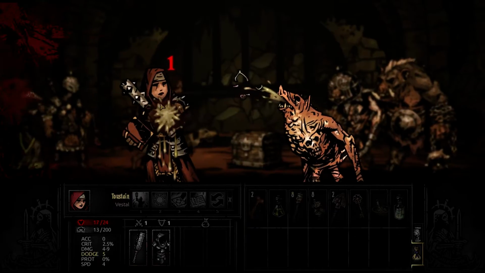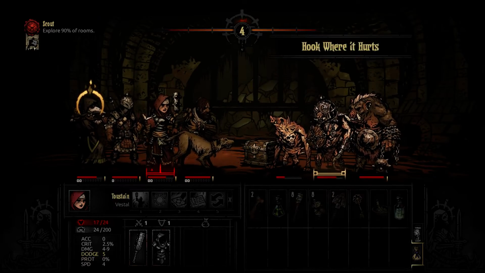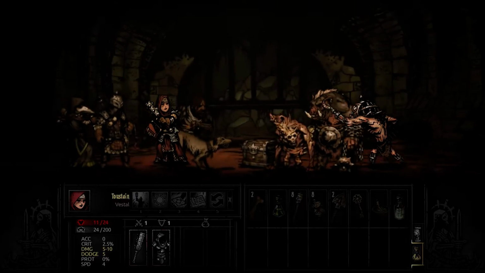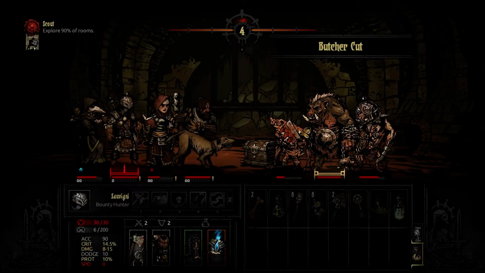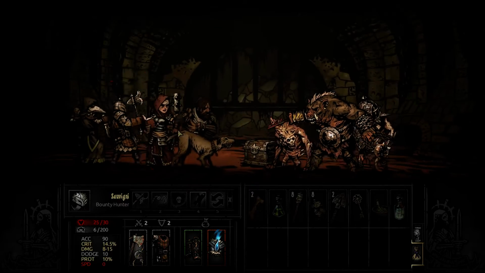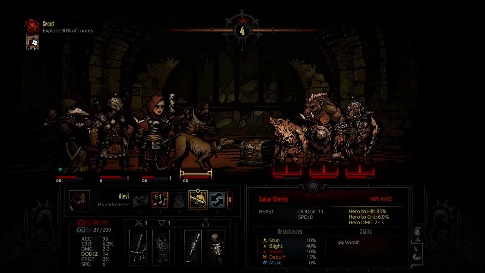The vomit on... They're really doing a number on her. Once she gets back into her position, she's going to have to do a lot of healing on herself. Look at where it hurts. 6. She is taking a ton of damage. That is not good for the first combat. Resist the bleed. That's nice. Let's go ahead and throw...